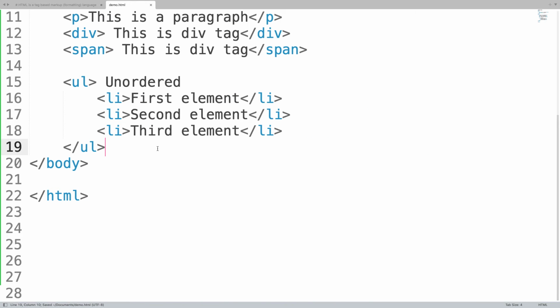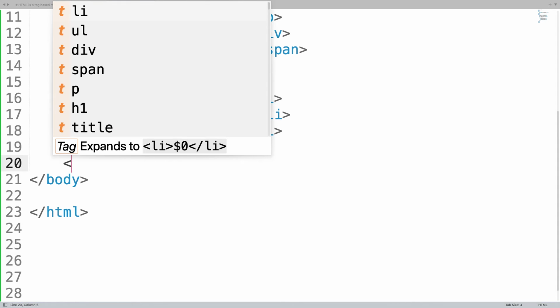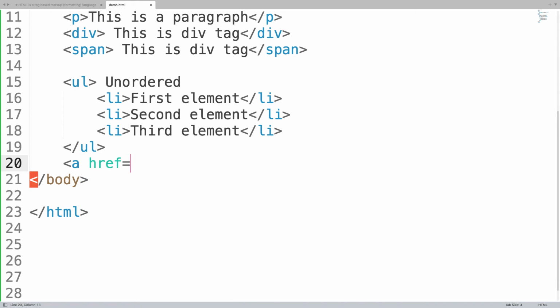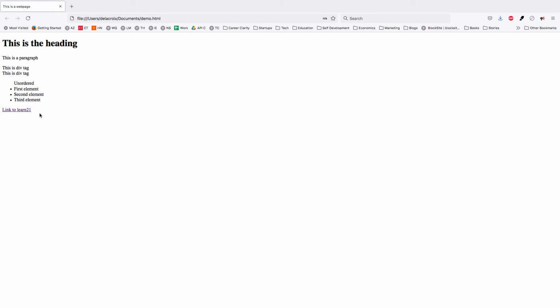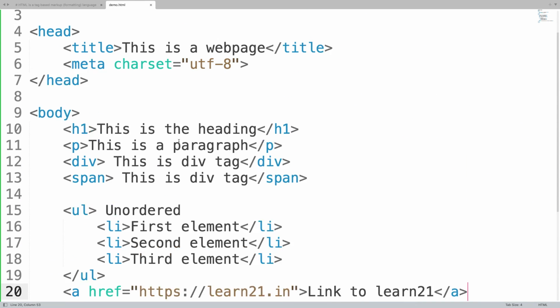Now we'll see another tag. Very important is the anchor tag, and the anchor tag is for linking. You can link different web pages if you just add the address of that web page. So I will link a website here, and I will say link to, and I am closing it. We saw that the web is essentially different web pages which are linked to each other. That is how you create links. I can create this link, and this then opens a different website. On a Wikipedia page, you might have seen a lot of links. When you click, it opens a new web page.